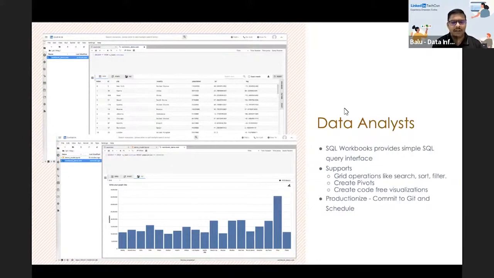They often create queries and execute them against Trino or Spark, analyze the results and visualize them, etc. For this, we offer SQL workbooks. Underneath, although it uses the Jupyter kernel protocol, it provides a very different and a lot more simplified interface compared to notebooks. Using this, data analysts can author their queries and they can analyze the result